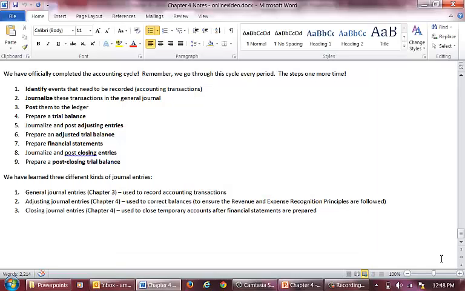We have also learned three types of journal entries. We have learned general journal entries, which are used to record accounting transactions. We also learned adjusting journal entries, which are used to correct balances and to ensure that the revenue and expense recognition principles are followed. And lastly, we learned closing journal entries, which are used to close temporary accounts after financial statements are prepared. This completes part 4 of the Chapter 4 lecture series on the last 4 steps of the